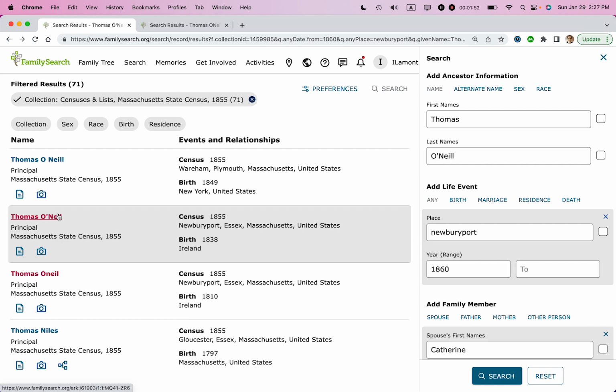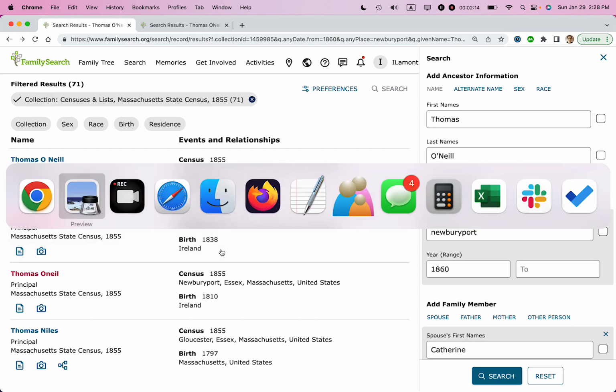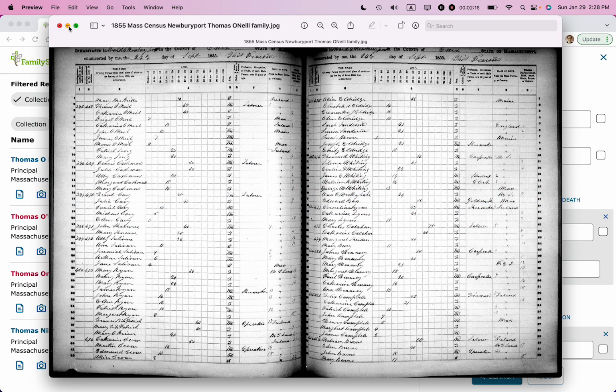This is a very common thing in genealogy. So you want to make sure that you're looking at the birth date and any other information about it. So for instance, I know that this is a father and a son. This is the father, this is the son. What has happened with these Massachusetts state census records is FamilySearch extrapolates when they were born based on the answer that they gave in the